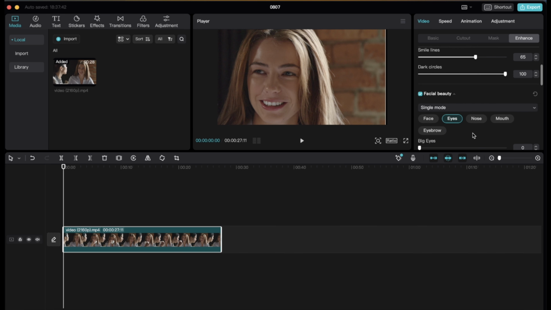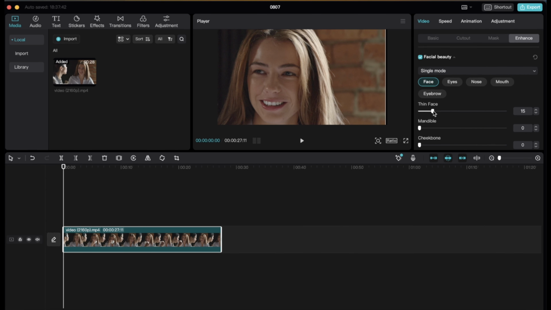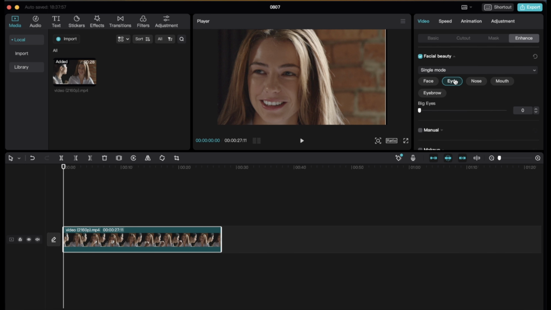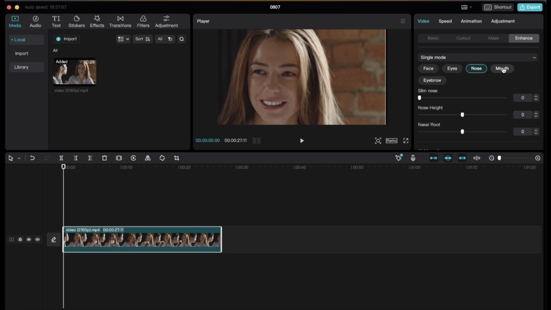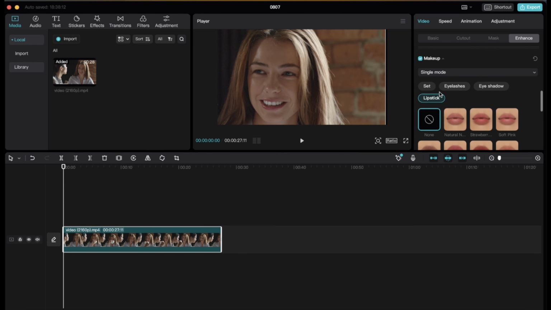Underneath that, you have two different modes that you can choose from. There's a single mode where you just have one person in the video, or you could even do it with multiple people as well. Now I just have one person, so I'll select single mode and right here I can start targeting improvements. For example, I could make skin a lot smoother. You could also whiten teeth and you could apply facial beauty, or you could also make manual improvements as well. You can even apply makeup also.